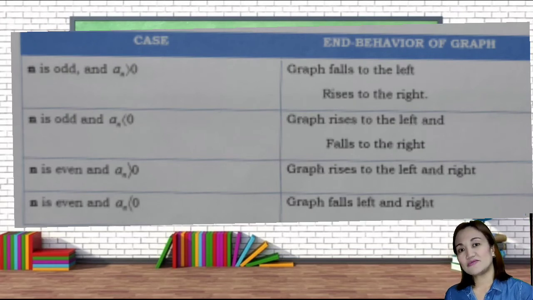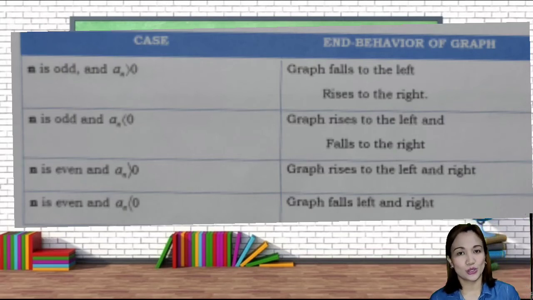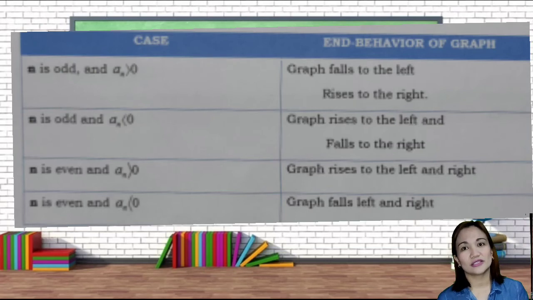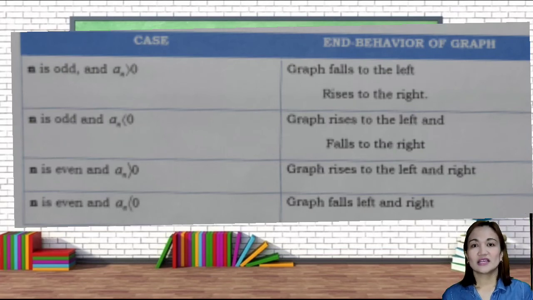If n is even. Okay, binabasa ko lang po ha. Nasa page 5 tayo ng module 1B. Okay. If the degree is even and the leading coefficient is greater than 0. Okay? The end behavior of the graph, it rises to both left and right. So, kapag makakakita kayo ng